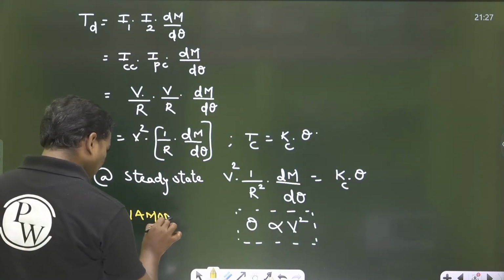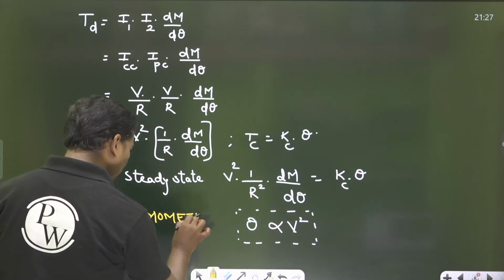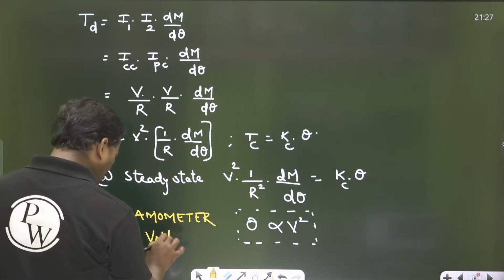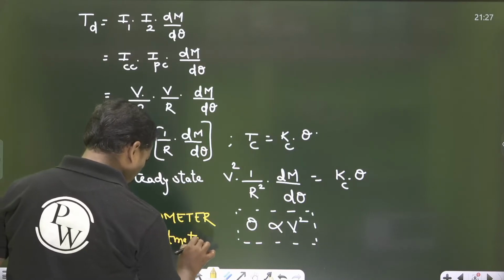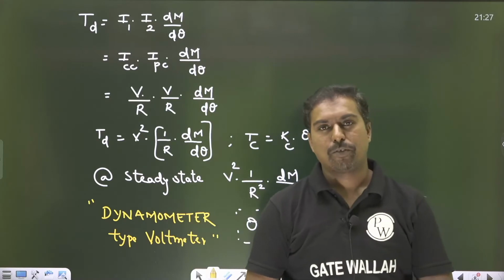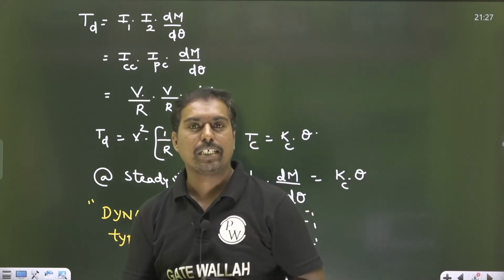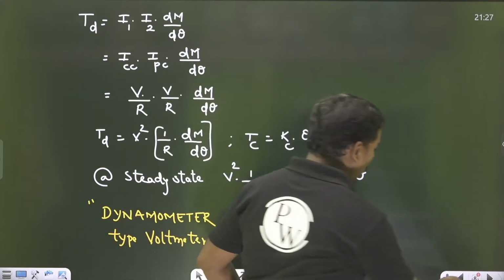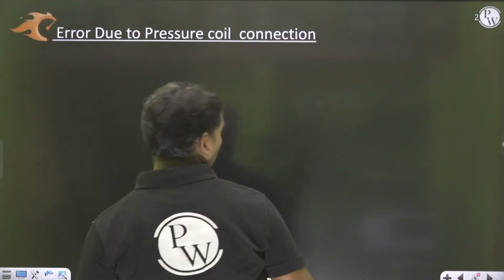This acts like a dynamometer type voltmeter. Understood? Now the most important thing is I want to convert that into a dynamometer type wattmeter. So to convert that into a wattmeter,